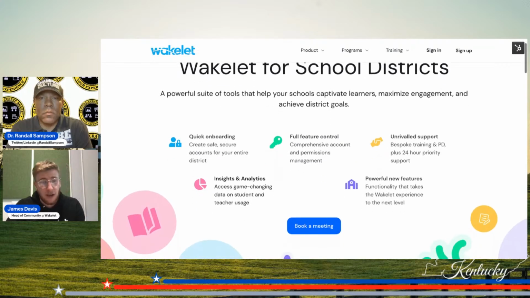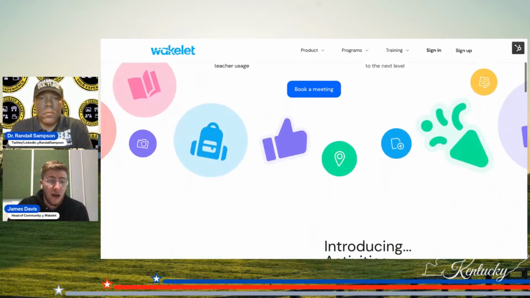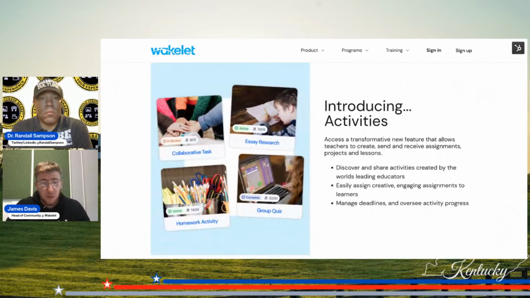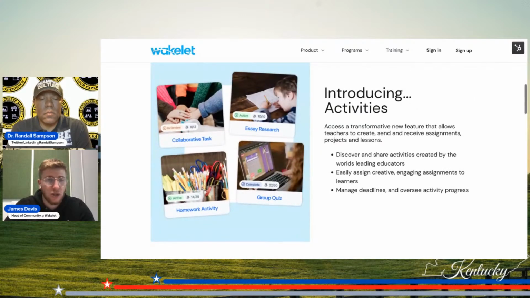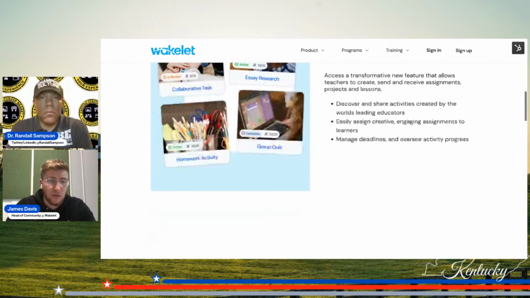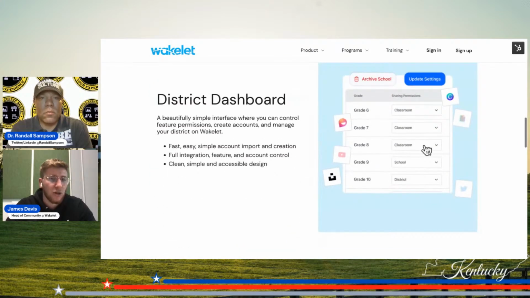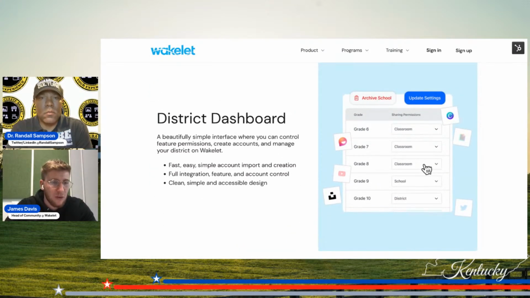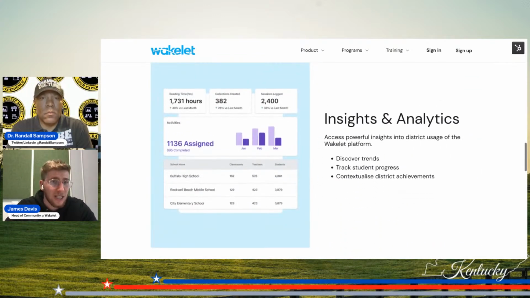So this is something that's very, very recent, in the last year. We have new features that come in with it. For example, activities that basically allow you to assign a collection to students. So each student will have their own version of that collection to play around with and submit back to you. And then this is what we're talking about with bringing that district together. We have a district dashboard where admins and principals can actually oversee how everyone's sharing, who needs a bit of help, who's collaborating with each other, and actually look at the insights and analytics on that as well.